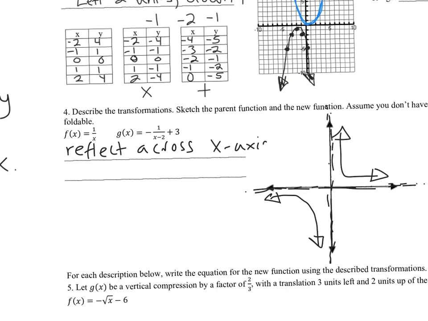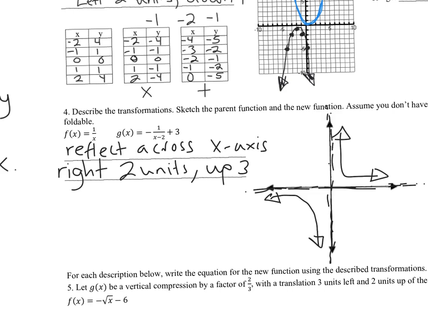the x-axis. And then it looks like I'm going to be going to the right 2, because the x lies, so I'm going to be going right 2 units, and then the y always tells the truth, so I'm going to be going up 3, okay? All right, now let's go ahead and